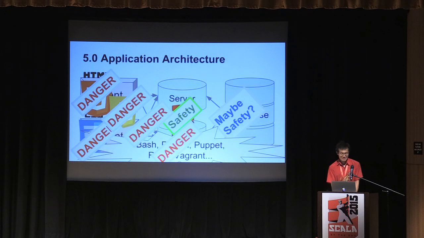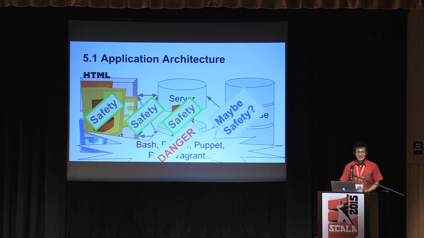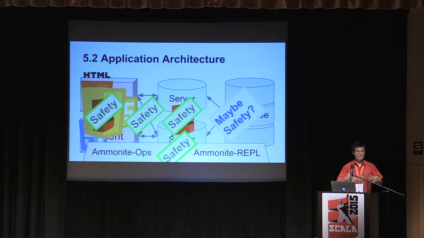So looking at our original application architecture, it looks something like this. Danger, a small island of safety where you can revel in your type-safe monads, but everything else is basically crazy. With Scala.js, we fixed a bunch of things, but there's still this huge spiky underbelly, which is possibly problematic. The goal of Ammonite is to try and solidify that stuff. And it's not meant to be type-safe, monadic, reactive, enterprise-worthy, but it is meant to be something that you can reasonably rely on, and at least you know it will parse the way you expect it, never mind run.